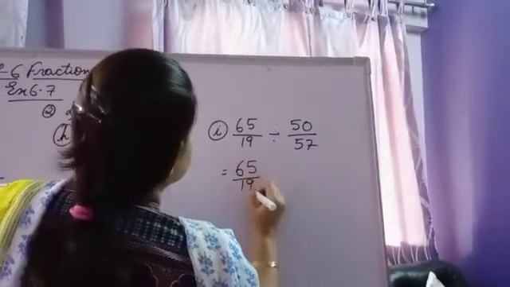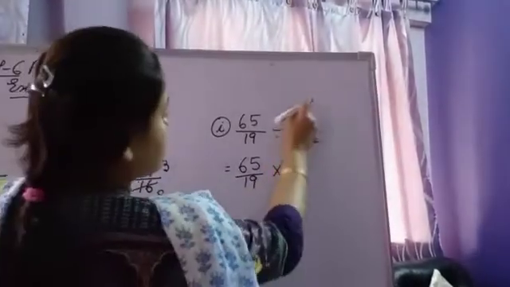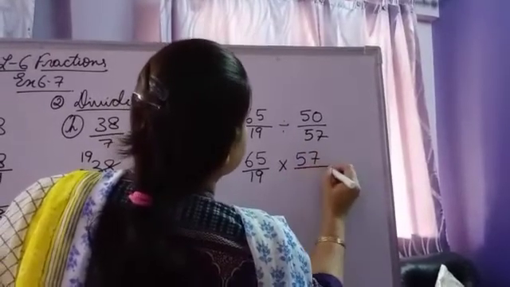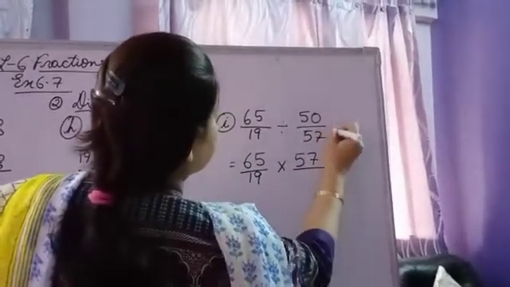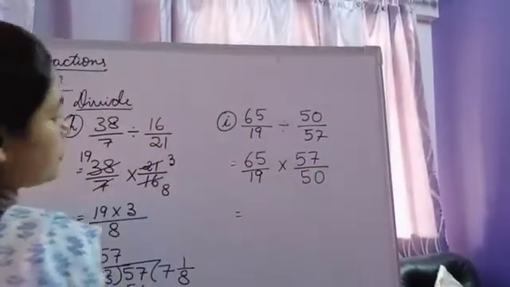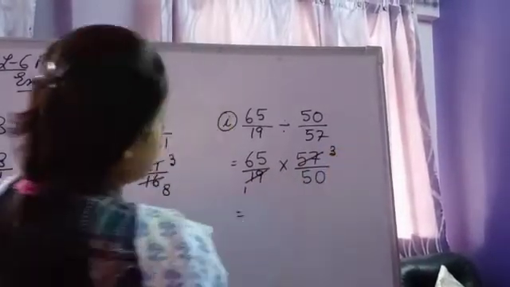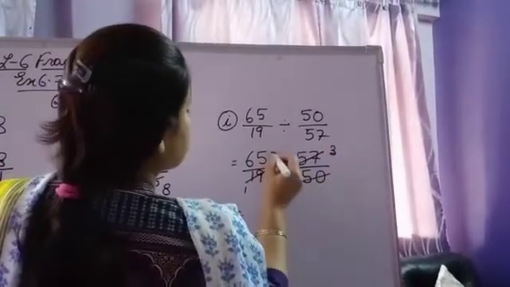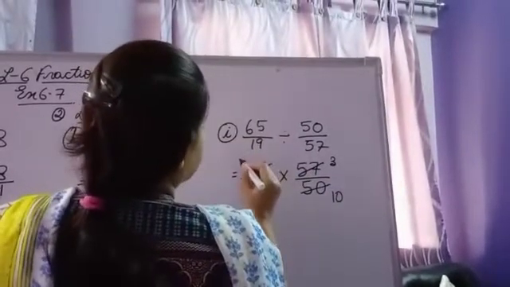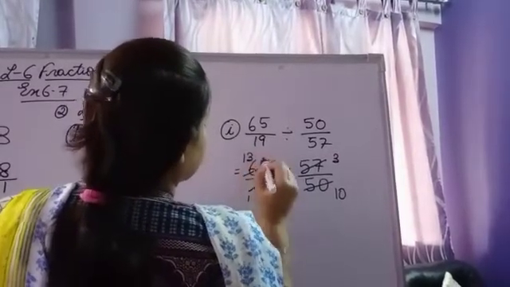Okay, now let us do one more sum for your clarification. 16 by 19, so this division, write as multiplication. Now this second fraction, find the reciprocal. So the numerator will become the denominator and the denominator will become the numerator. Okay, now let us see what we can cancel here. 19 1 times, 19 3 times. Now this 50 and 65, by the 5 table, it will be 10 times. And here by the 5 table, you will get 13 times.